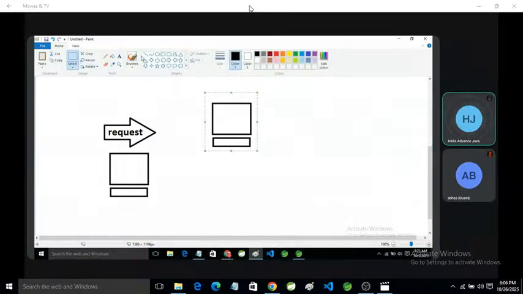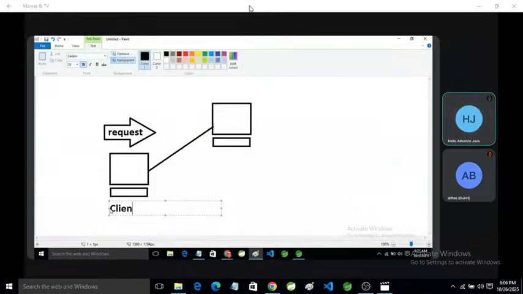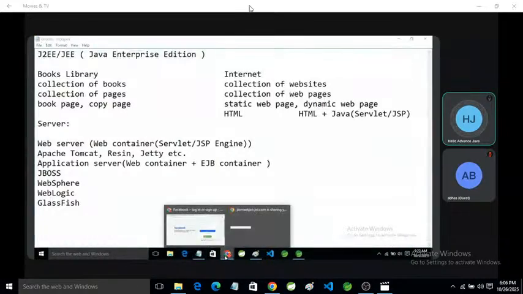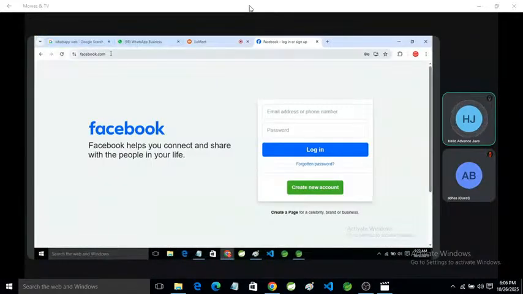This is the client machine, and this is the server. We can send any request to the web browser: type the URL here and press enter.